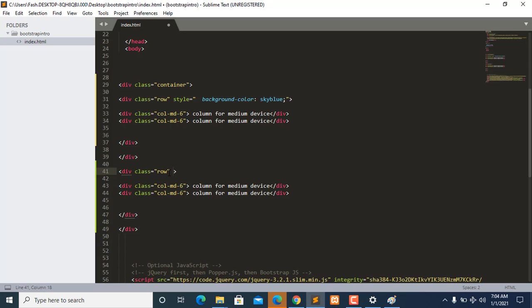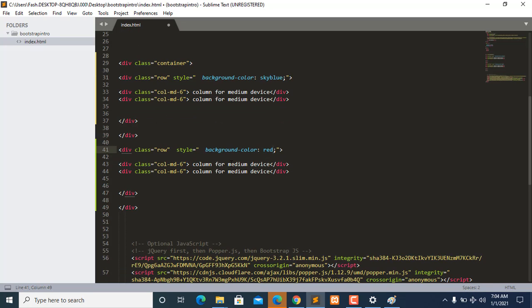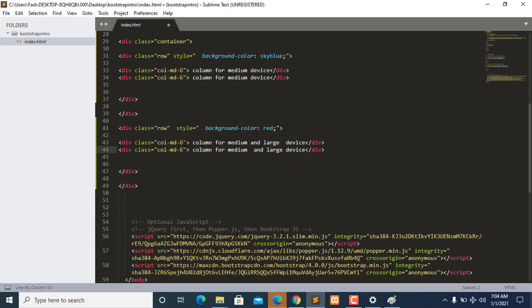All right, so let's press Ctrl V. I'm styling right now. I just want to give it this one red. Okay, red. All right, I think I like that. So medium and large device. Okay, and large device. All right, so here I can just say, when it comes to large,